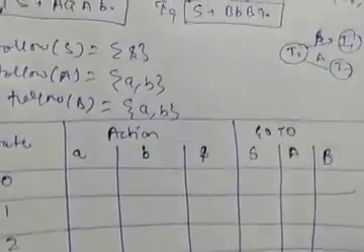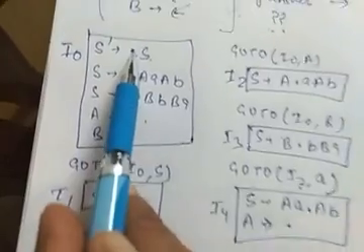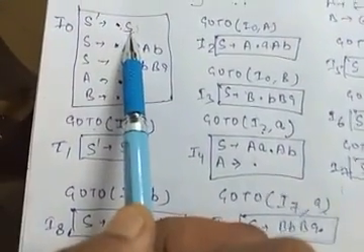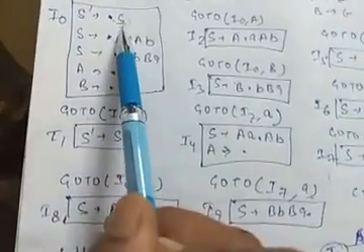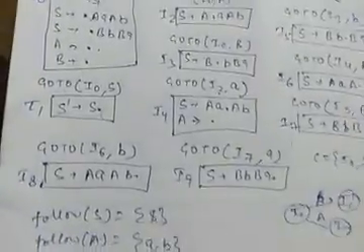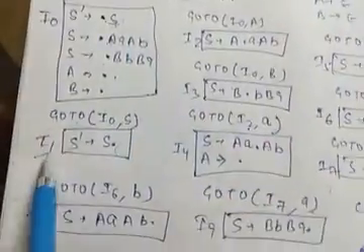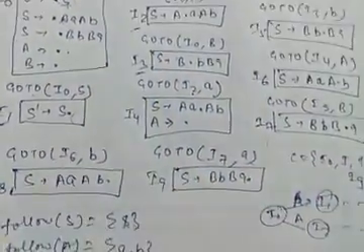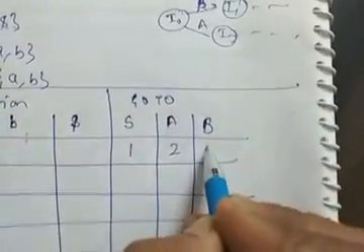So firstly we will fill the entries of I0. We will move to the I0 state. In the I0 state we are seeing that there is one element after the dot, and this is a non-terminal. A is a non-terminal and B is a non-terminal, so corresponding to S, A and B we simply put the state. So I0S is I1, I0A is I2, I0B is I3, so we put only the state number.